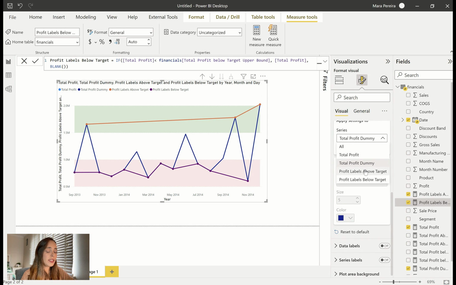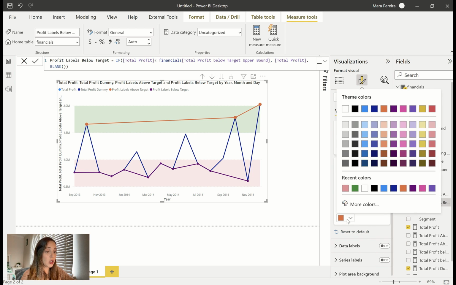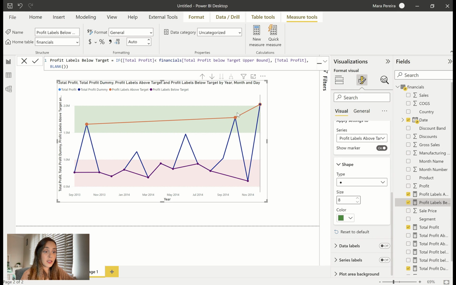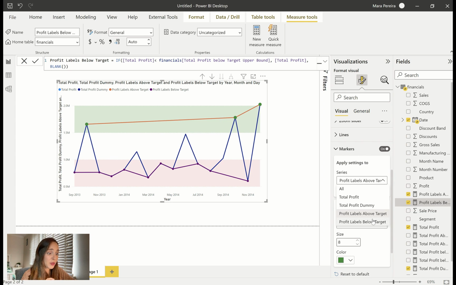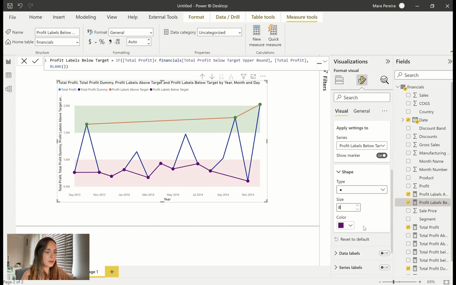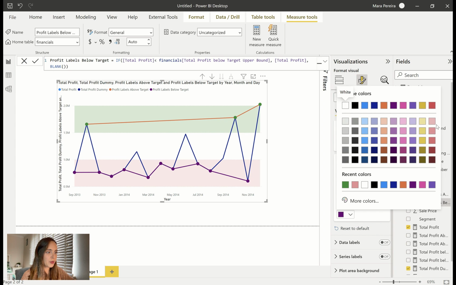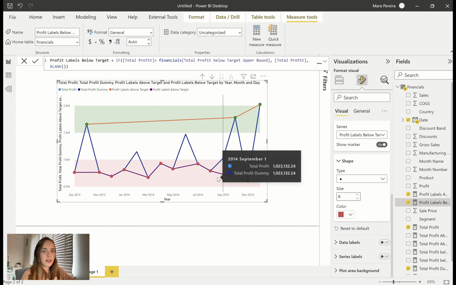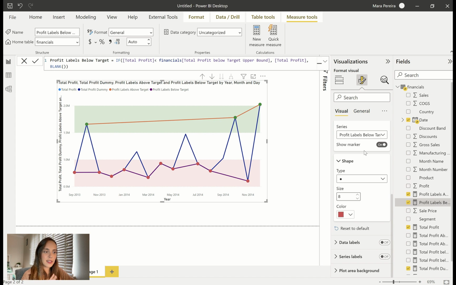If I go now to my labels, I can increase the size, and I'm going to change this color to green. So now I have green dots. We are going to do the same for everything below target. I'm going to increase the size a little bit and change the color to red. So now it looks a little bit more like what we want, but still all these lines are a bit